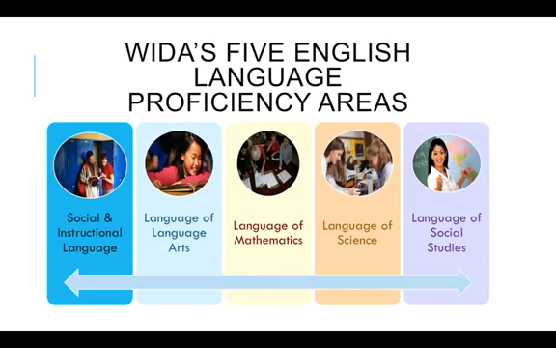Let's take a moment and look at the 5 English language proficiency areas that our students must acquire. Our first is the social and instructional language. This is probably the most foundational. We know most of our students spend their time with social, so that language is going to develop first, and